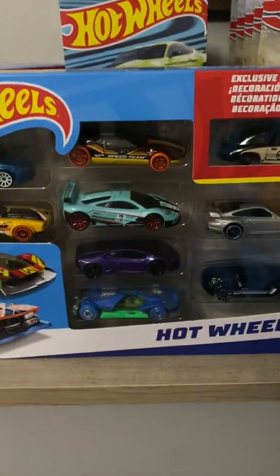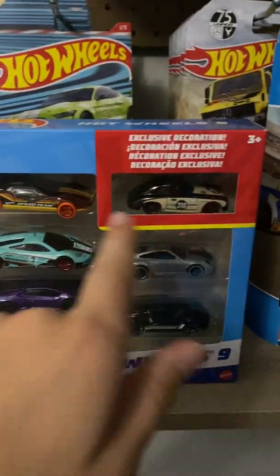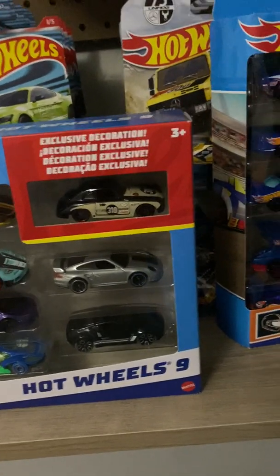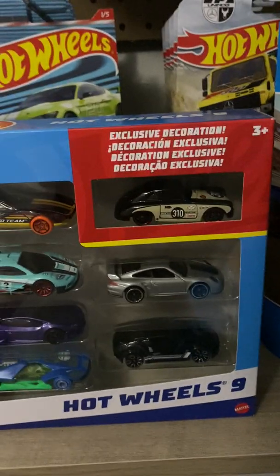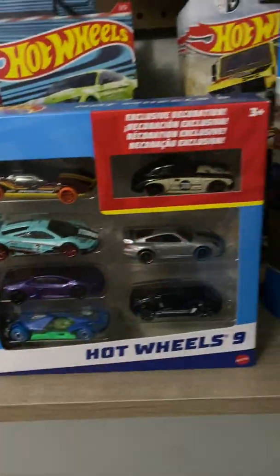Also, in the 20-pack exclusives, I really want those too, but the rest of the cars in the 20-packs usually aren't very good. The two 20-pack exclusives are the '64 Corvette Stingray in black, and then a gold Gallardo. I really want that gold Gallardo with the black Y5s. It's just, for a 20-pack, it would have to have a lot of good cars in it. It would have to have, even if I already have them, and even if they're main lines and multi-packs I already have, they just need to be a whole good thing for me to get it. Otherwise, I'll probably eventually get one, but...